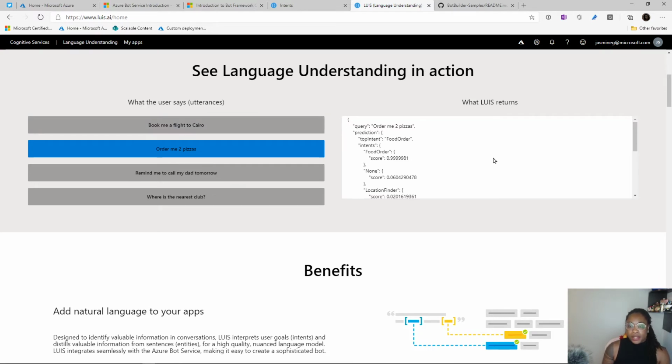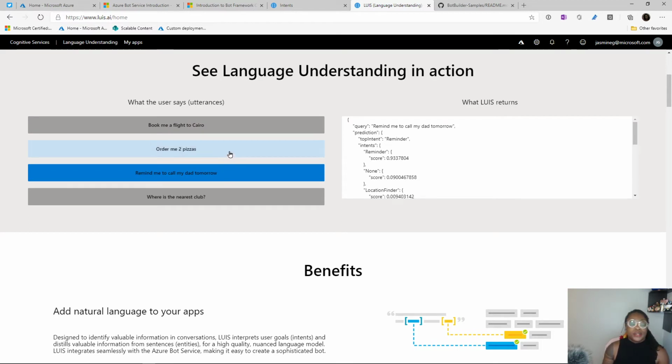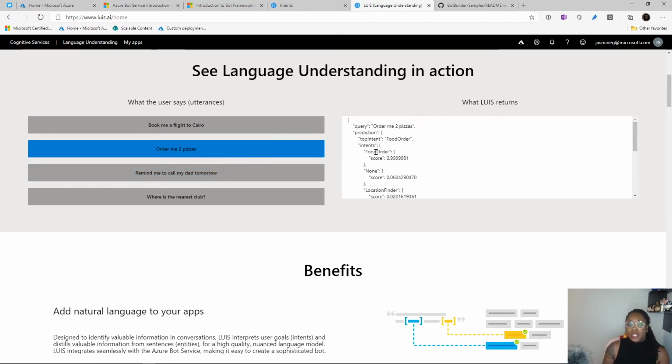So in this example here, on the LUIS homepage, there are just a few examples of what the user could say, also known as utterances, and this is what LUIS would return. So if someone said order pizza, then their intent is that they want food. They want to order some food. And there's some scoring that goes into those intents,